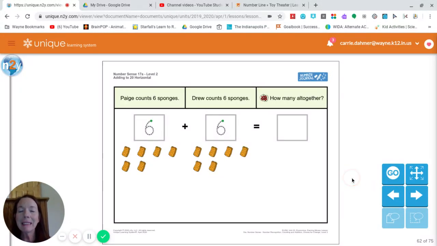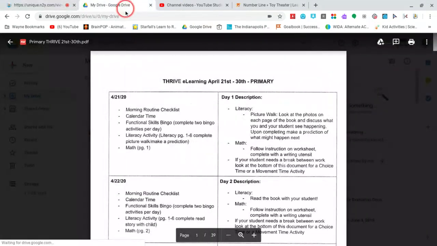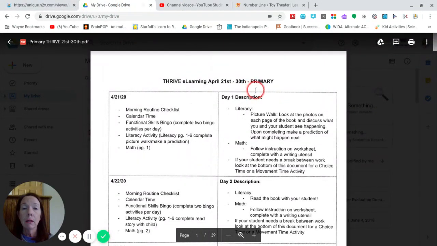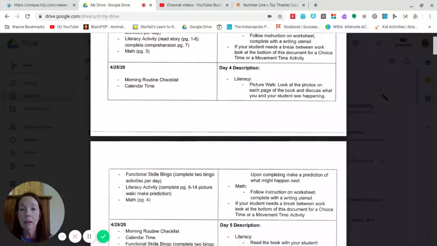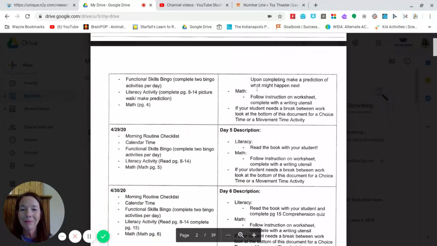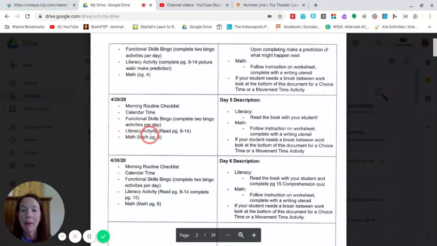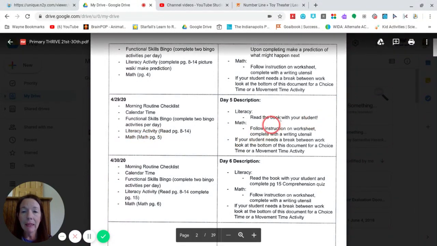Hi everyone. Today we will complete the math activity from the primary packet for April the 29th. So it looks like this for you. If you go to the outline and go down to the 29th, it's math page 5 in the packet,